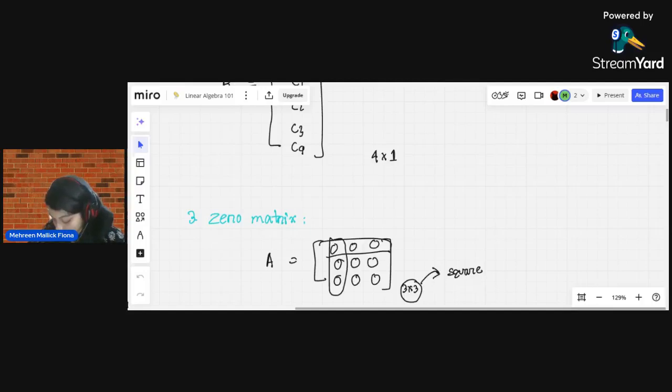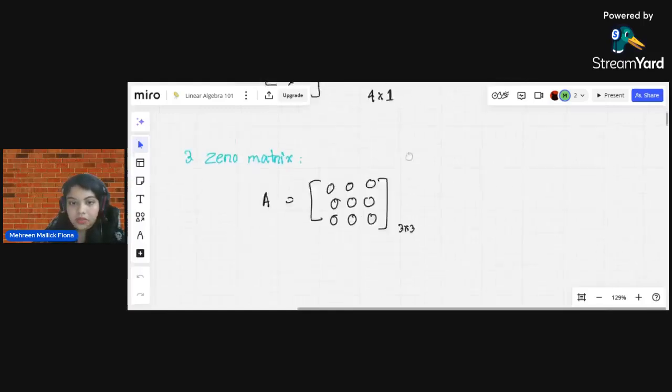So that's why I'm saying a zero matrix is a square matrix where all of the entries are zero. Following this definition, most of the other types are similar. So moving on to the fourth type,